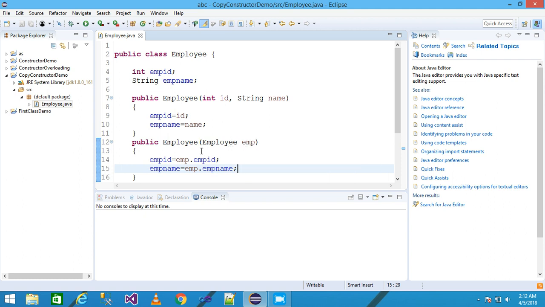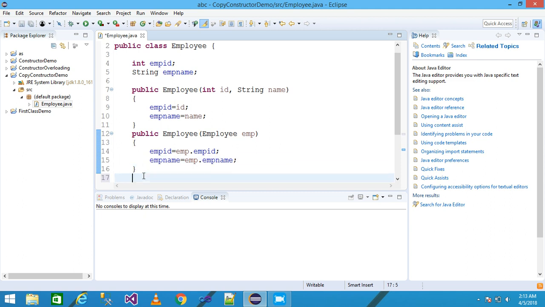With the help of this object I call the empId variable and assign it to empId, and likewise empName.